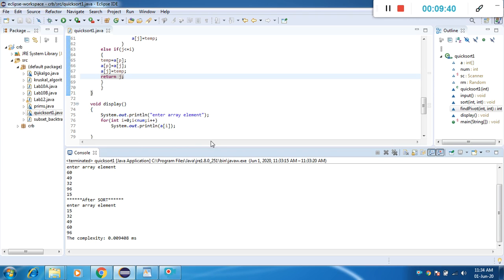Then let us see one more example, another sample input for this program, and you have to execute it once again. Suppose you have entered the size of the array as 100. Then this will read the 100 array elements. Here we are not entering all the 100 array elements manually. They will be generated automatically by using the random function we implemented in our program. As shown here, it will generate all 100 elements between 1 and 100.